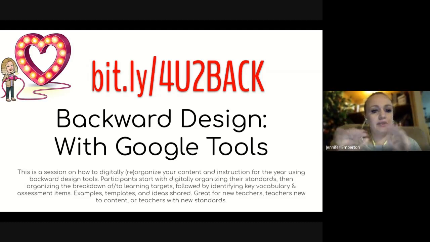This is something I've presented on quite a few times, and it's just backward design with the Google tools. And this is a step-by-step. So if you are curious as to, and this can be modified, what this could possibly look like with these Google tools and utilizing those in the practice,